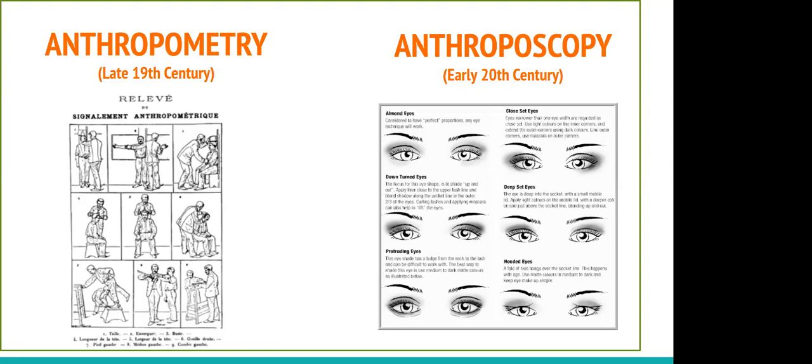Here what happens, there are like 10 body measurements. We'll go into the details of this when we study this. But yes, there are 10 body measurements like circumference of head, arm span, sitting height, left hand length, right foot length, ear length. So there are like 10 body measurements that Bertillon believed are unique to everybody. And he did that study on all the criminals in the police and created a database and started using it for identification purposes till the time fingerprints came as a method of identification.